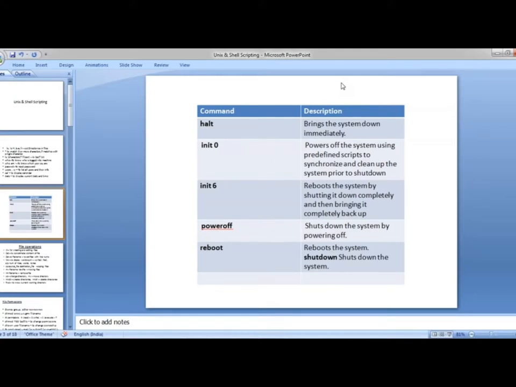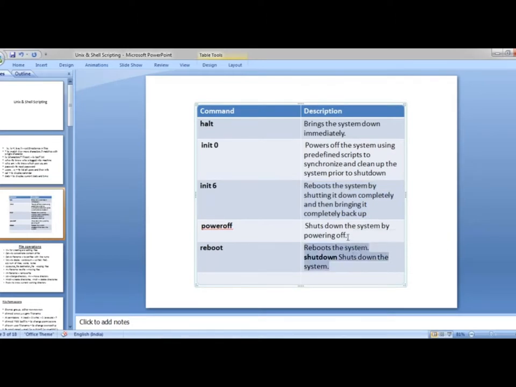When you say init 0, it cleans up your system with some predefined steps and then goes for a shutdown. Init 6 reboots the system completely and brings it up again. Poweroff shuts down the system.